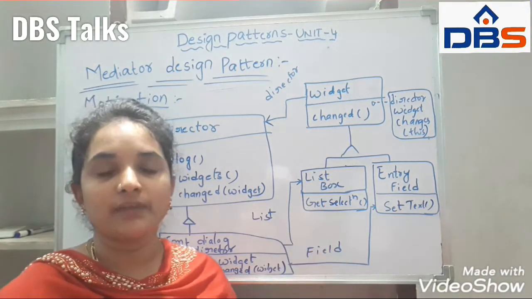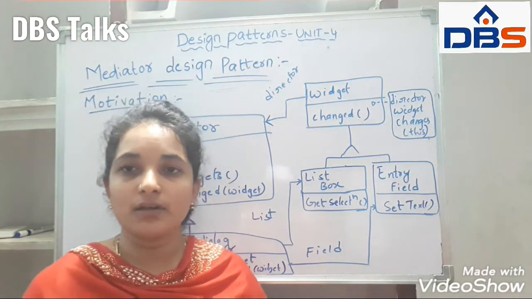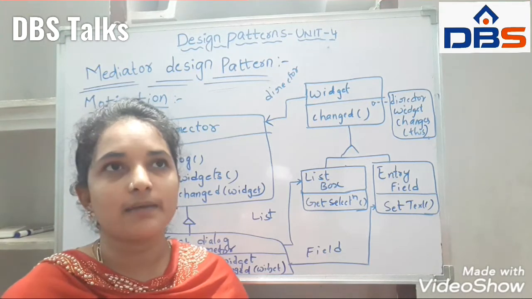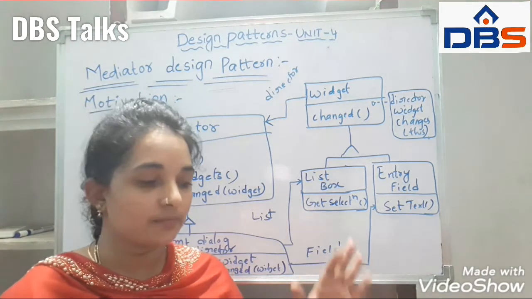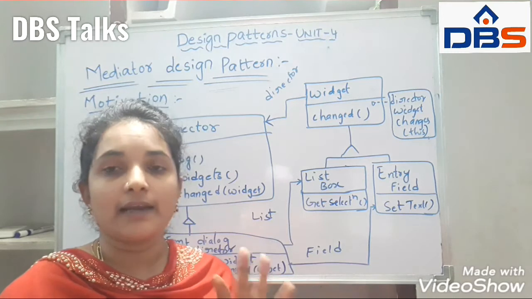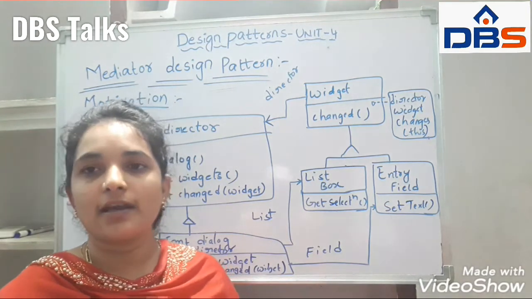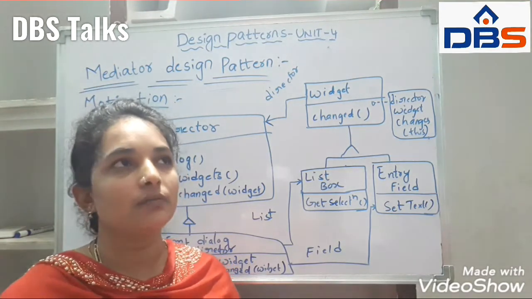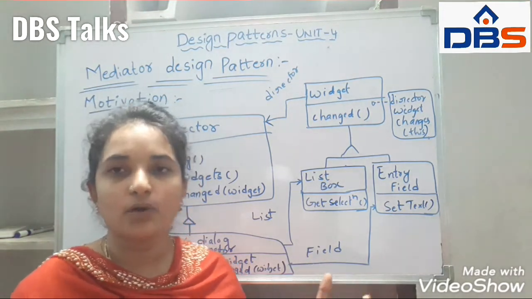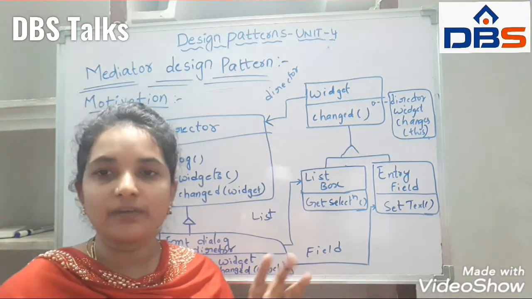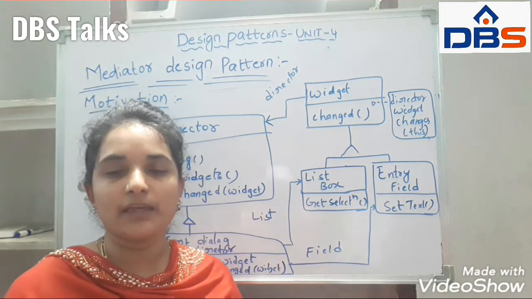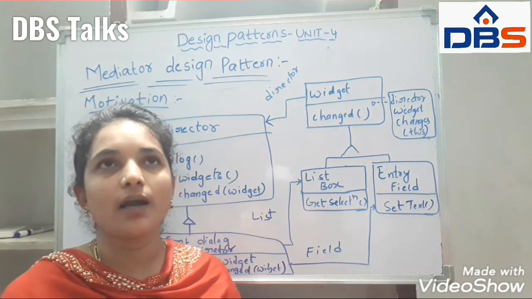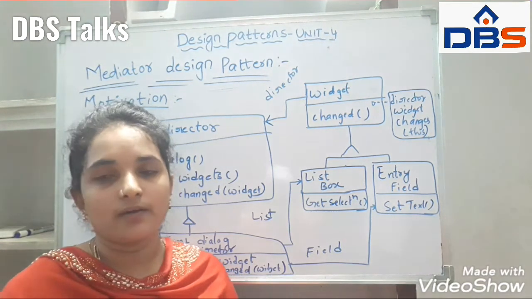For example, take the font in MS Word. In MS Word I am writing some text, and in that text I have to change the font style or font size. So I will go to the font style. In this font style, the entry field will by default have some information available. If the user wants to change that entry field, I am going to select from the list of the font styles.